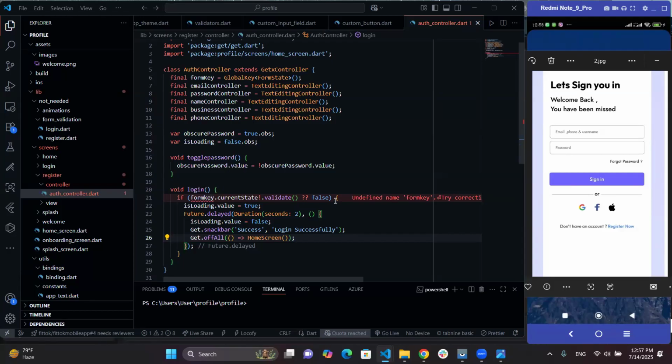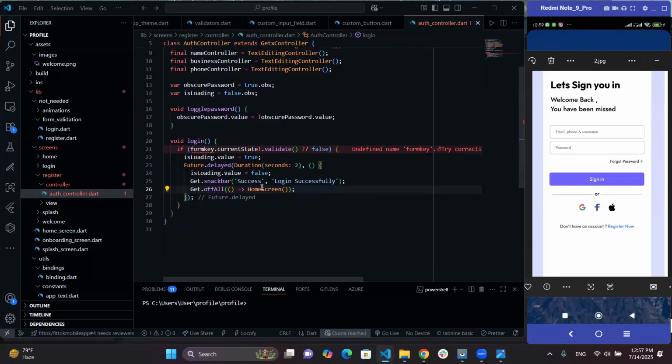I want to take it out. To take it out. Yeah. Then we can do the same for